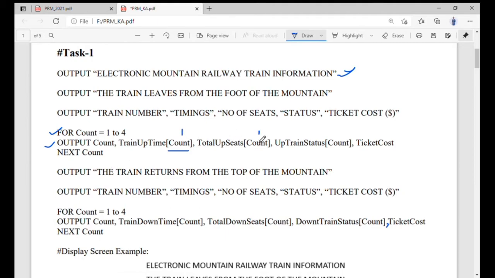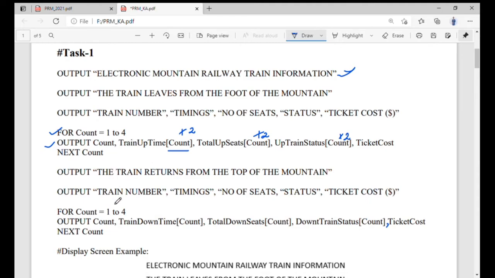All the count will be 1. Once it goes for the second round, the count will become 2, because we are using a for to next, a predefined loop that auto-increments the count. So it will run 4 times until the requirement is fulfilled. Because we mentioned 1 to 4, it will only run the loop 4 times and call all the 4 values which we declared at the start.